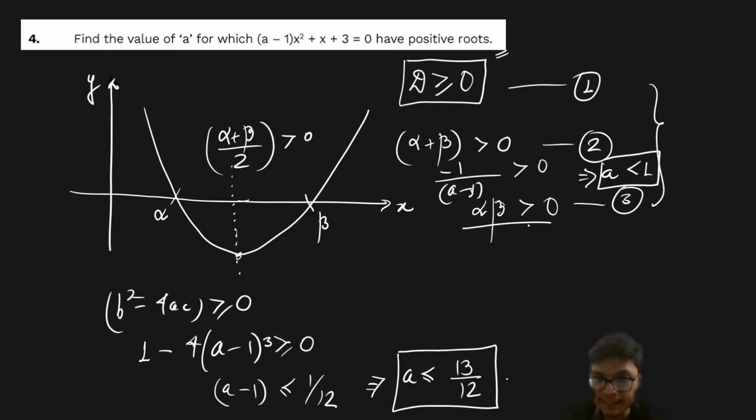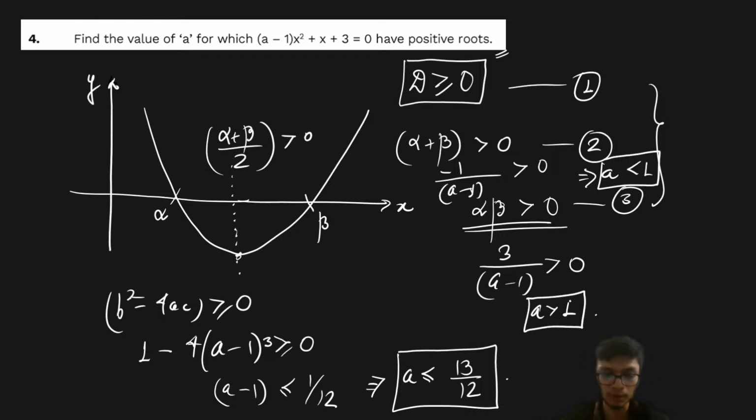Now, from the last condition, the product of the roots, which is given by C by A, is going to be equal to 3 upon A minus 1, which should be greater than 0. That is basically going to give the result that A should be greater than 1. So the ultimate result we get over here is that there are no possible values